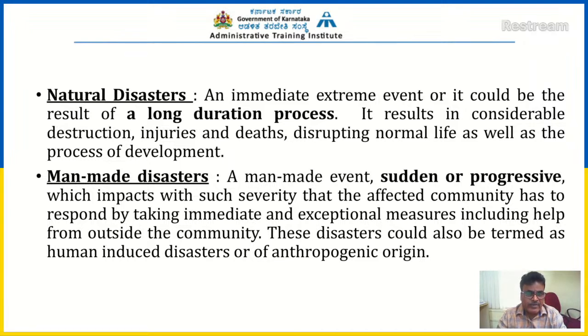I have already defined what a disaster is, but globally, how do they record a disaster? They say that if about 100 people are affected by any incident, or about 12 people died in that incident, any such incident across the globe, human induced or natural, they record it as a disaster. But many times we don't take this as the definition for a disaster.